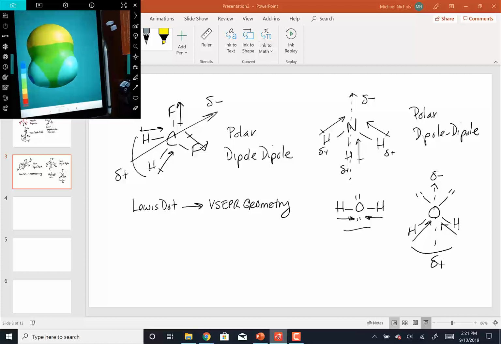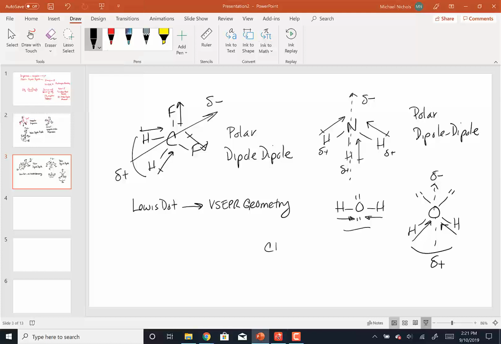It's got a delta minus where the yellow chlorine is, and it has a delta plus where the hydrogens are. And so now for this molecule having different charges, what it would look like is the chlorine would again be a delta minus part of the molecule. The hydrogens would be where the delta plus is. So if I now took 2